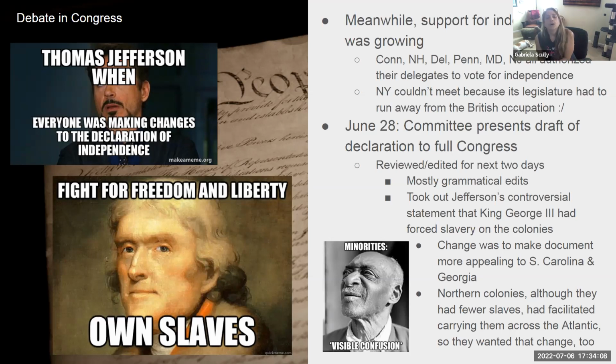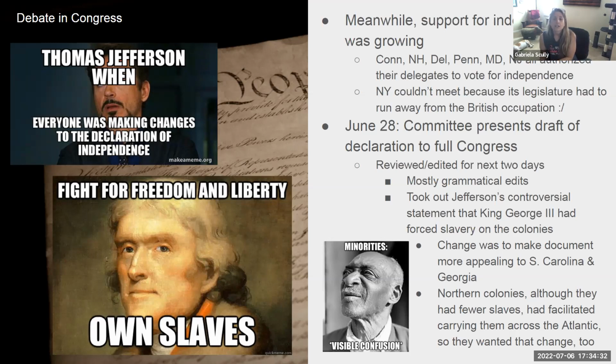Fun fact. By the end of June of this year of 1776, a committee of 5 presents a draft. The Committee of 5 says to the Congress, hey, here's our draft. The next 2 days, they mostly just grammatically edit it, and because it's a Declaration of Independence, when in the course of human events, you'll see it in a second. But they did take out one major sort of